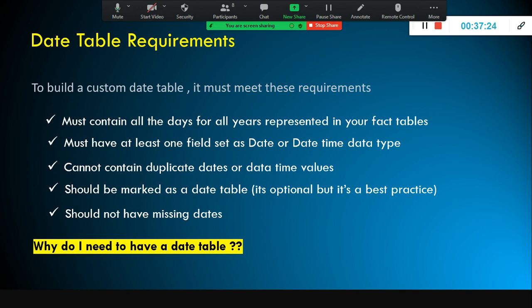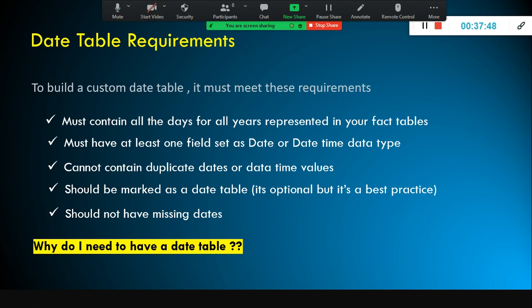The problem with that is, let's say in your fact table you have 3 or 4 or 5 date columns. In that case, for each date column, it will create a date table behind the scene. We don't want multiple date tables. It will blow up my data model size.